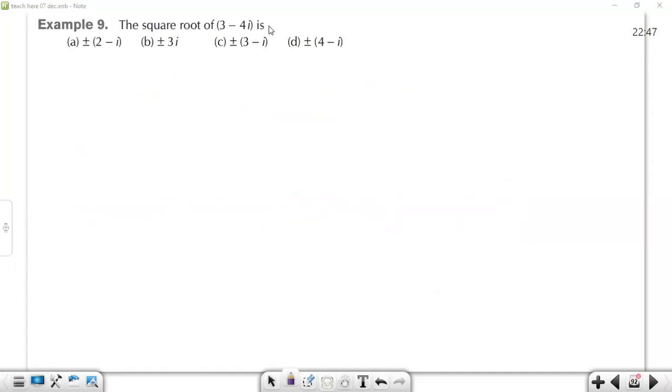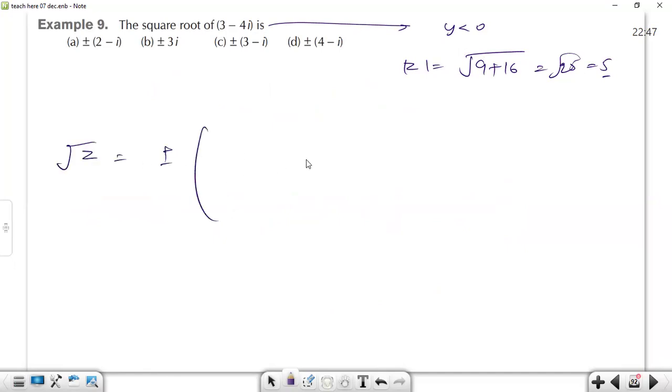Okay, so first of all, y is negative here. And what is the modulus of z? 3 square, that is 9. 4 square, that is 16. This becomes 25. This comes out as 5. So if y is negative, the formula will become: we will take plus on this side and minus on this side. Square root of modulus of z, that is 5, plus x. What is x? 3, plus 3 divided by 2, iota